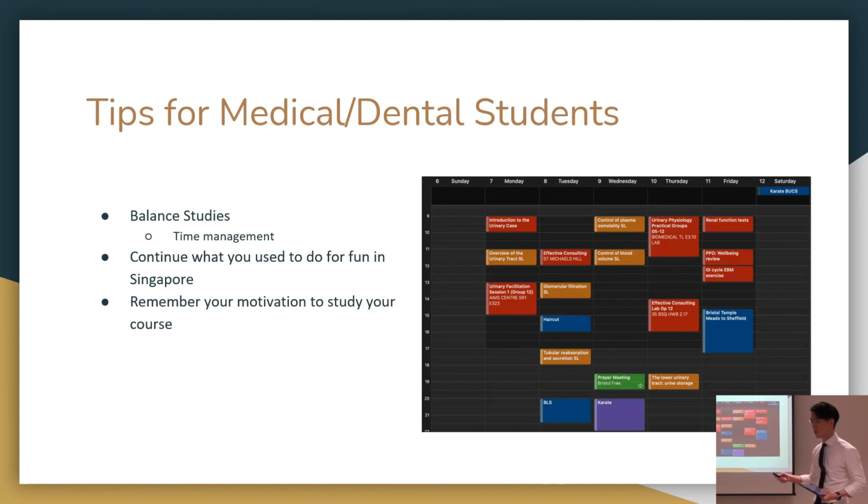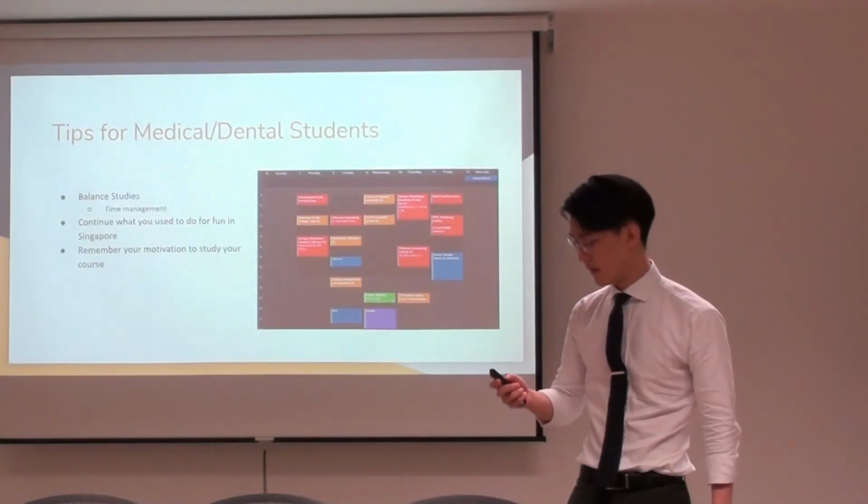So I think the last tip I have is also remember your motivation for why you want to study a course. It gets really stressful at times, but if you remember what you said in your interview, why medicine, why dentistry, you get back to the reason why you want to study a course. I think it really helps put things into perspective, and it gives you the